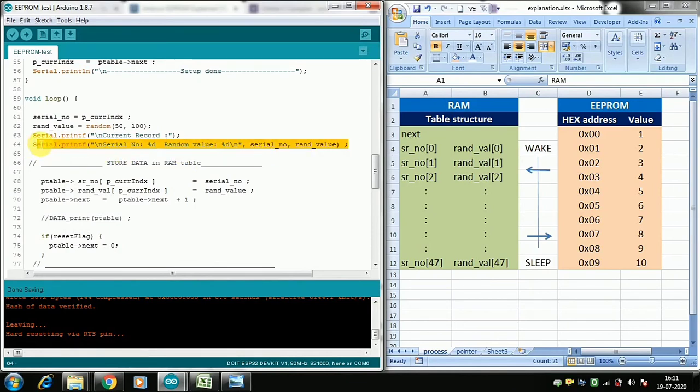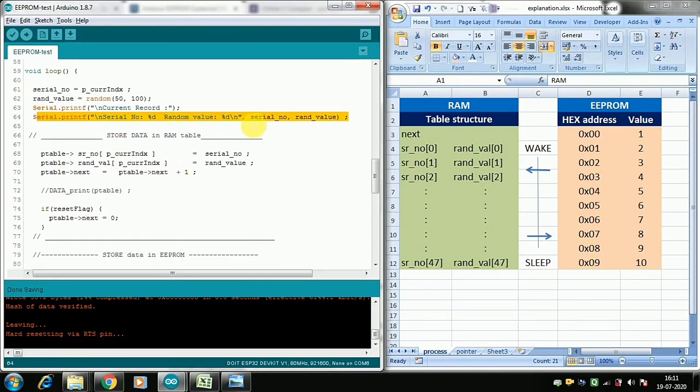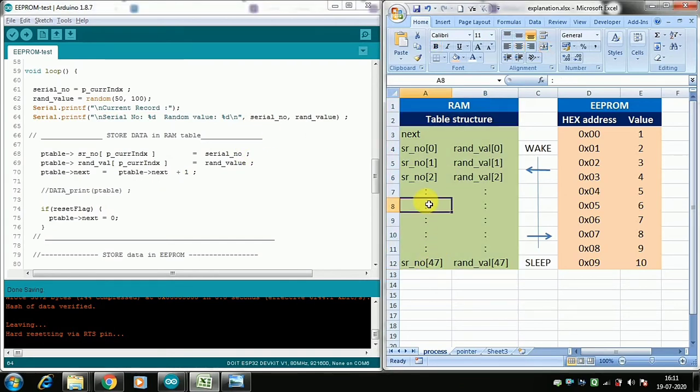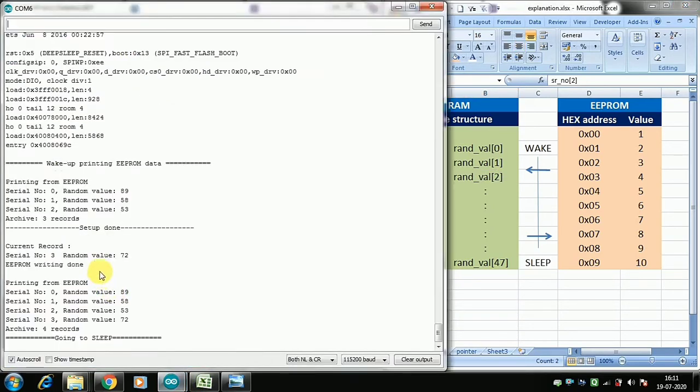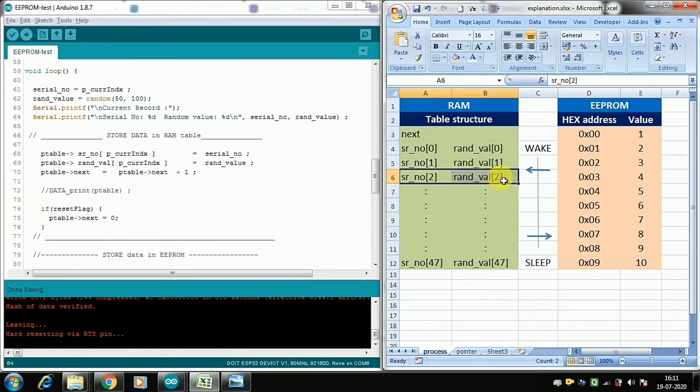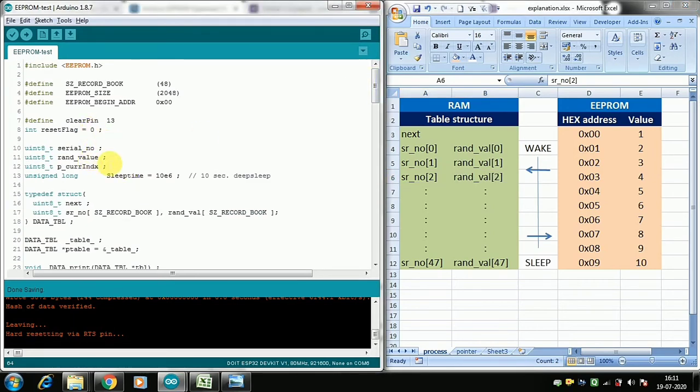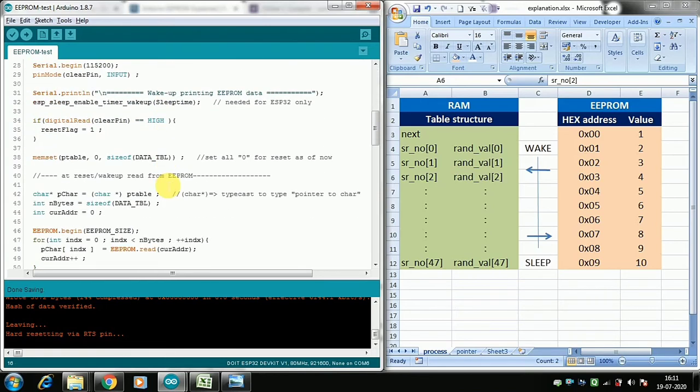Okay, and then once this is done, we want to store this new value into this RAM. So if, like, say it was up to number 2, so now we want to run. So if we go for example with this, we had 3 data points here, up to serial number 2. Okay, so we have serial number 2 here. Okay, so now our cursor will be, so this next variable from EEPROM, you see this variable next, this is always located as a cursor and it will be in the next position.